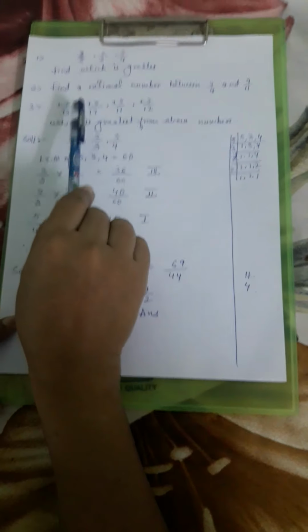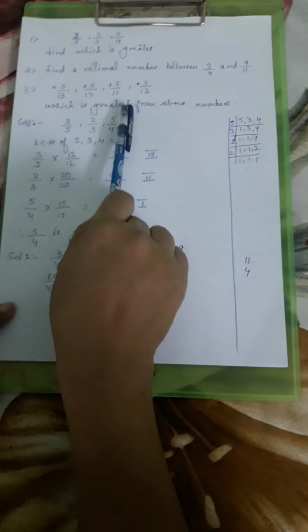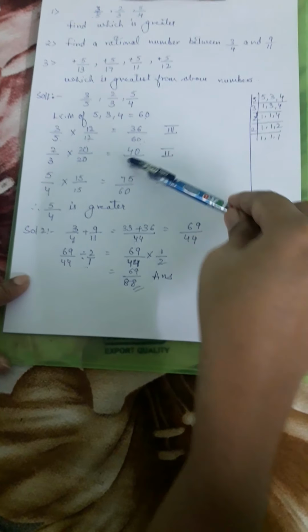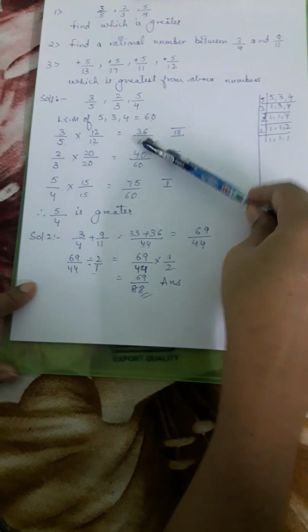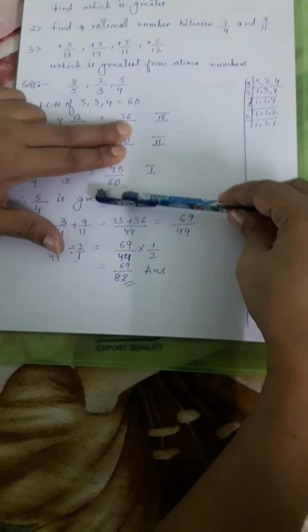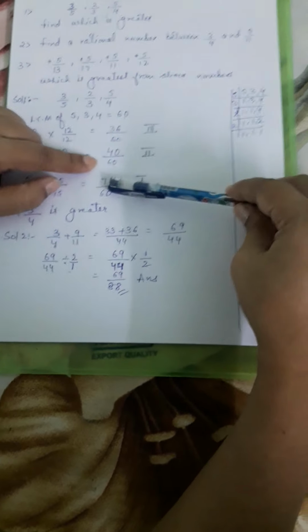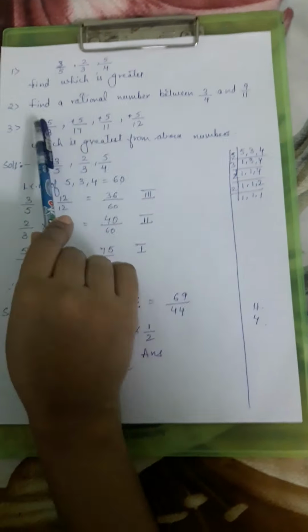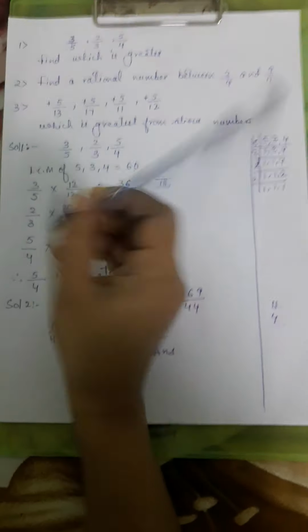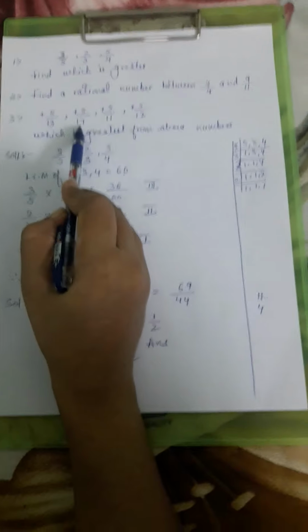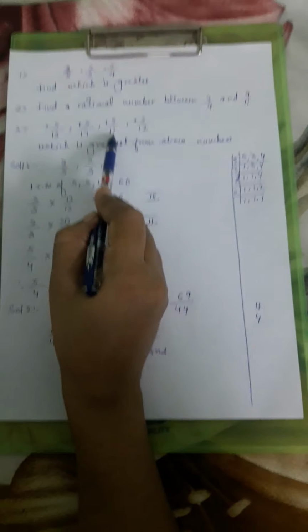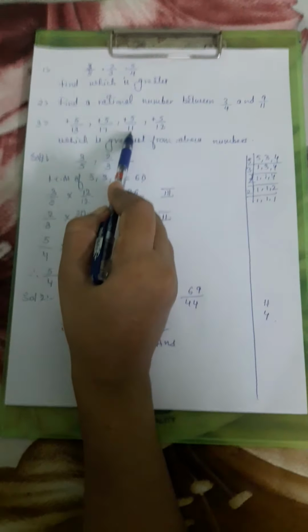Again, now you have these 4 rational numbers. The question is, which is greatest from above? Now in this one we made the same denominator. When we make the same denominator, you will ignore the denominators and then just see which numerator is greater. That fraction is greater. Now what happens when the numerator is the same? How do you know which is greatest? When the numerator is the same, the fraction with the greatest denominator becomes the smallest, and the fraction with the smallest denominator becomes the greatest. Okay, I repeat.